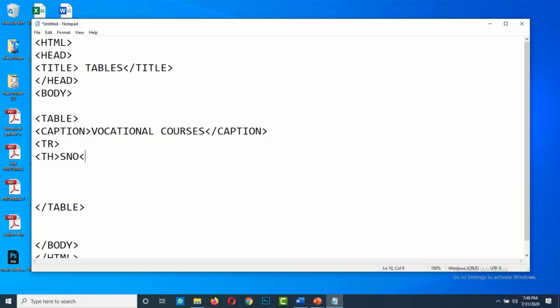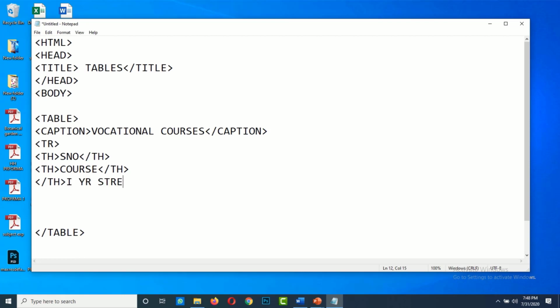Serial number, th, course, th, first year strength, and the last value is second year strength.